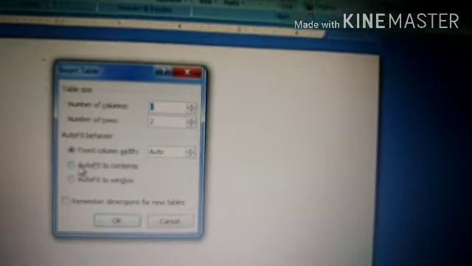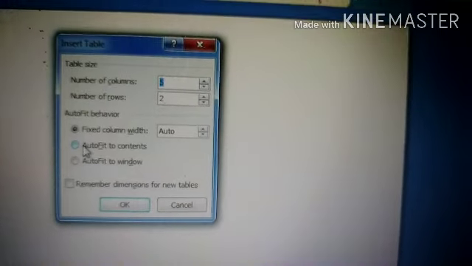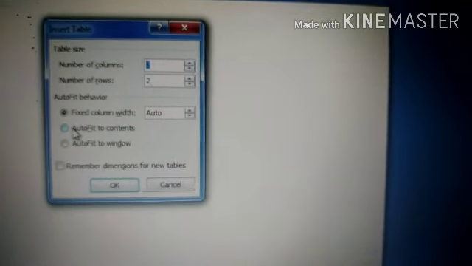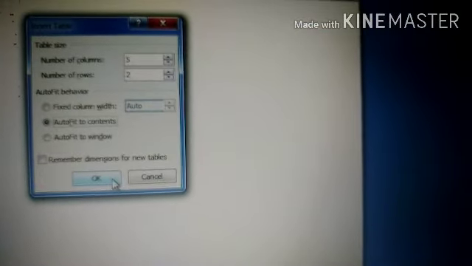Now you can also delete this. Select from here. After that you have to press Shift and Delete. After that we are coming to Insert, and in Insert we will click on Table. After Table we will click on Insert Table. Now AutoFit to Contents. We are creating a table with the feature AutoFit to Contents. Select it. Now click on OK.